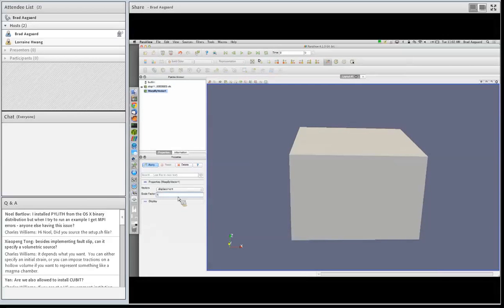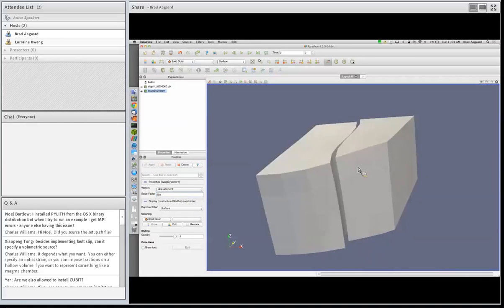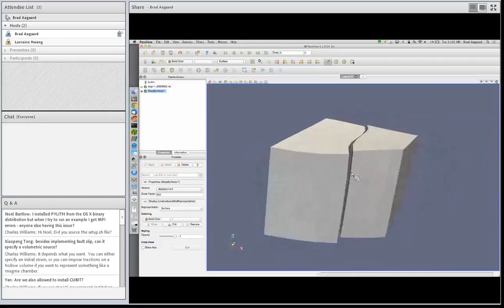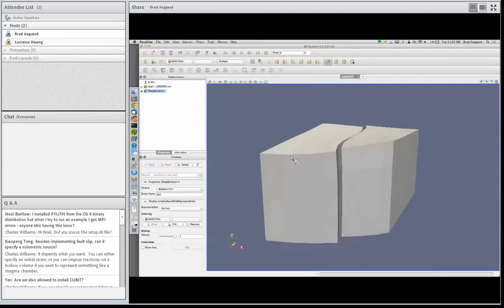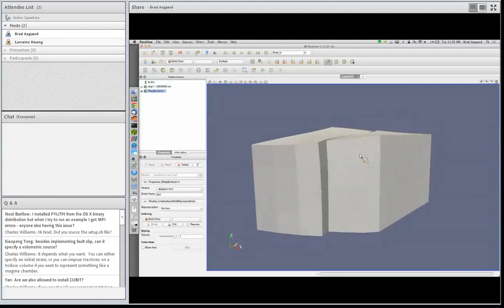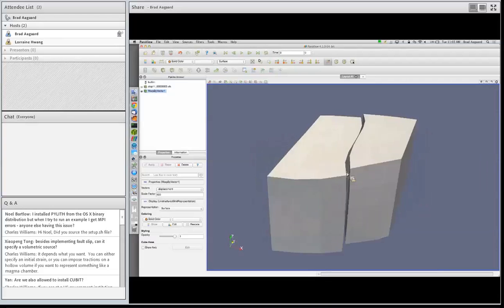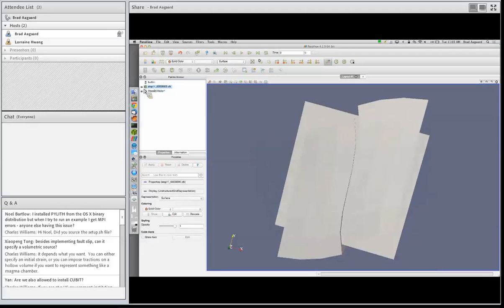Warp it by a factor of 2,000. Whoa, maybe not 2,000. There we are. So this domain is much smaller than my debugging version. That's in the debugging session domain. So that's why I need to use a smaller exaggeration. So there you see we deformed. If I do the outline of our original, so there was our original,